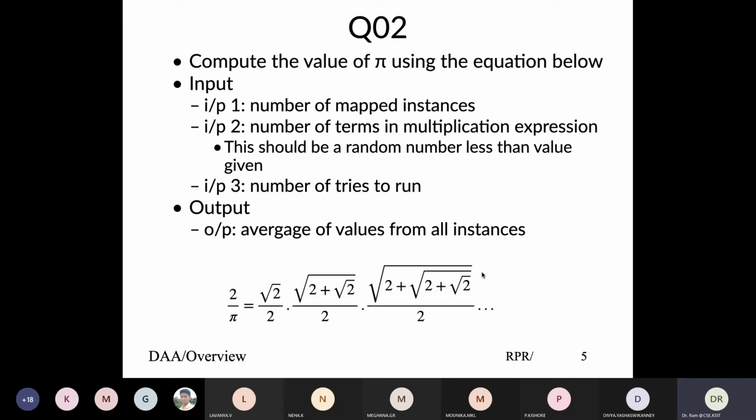There's a formula for pi: 2 by pi is equal to square root 2 by 2, into square root of 2 plus square root 2 by 2, into square root of 2 plus square root of 2 plus square root of 2 by 2, and continue this way. The more terms you get, the more accurate the value of 2 by pi would be. So essentially, there is no input to be generated. You need to know the number of mapper instances you need to run and the number of terms that you need to use. So take a random number,